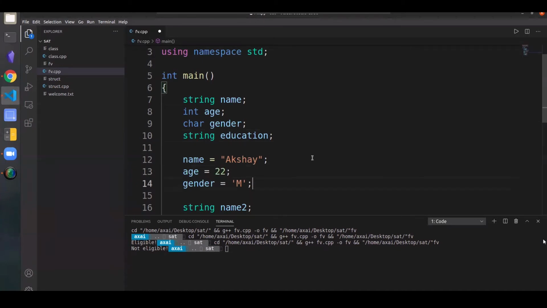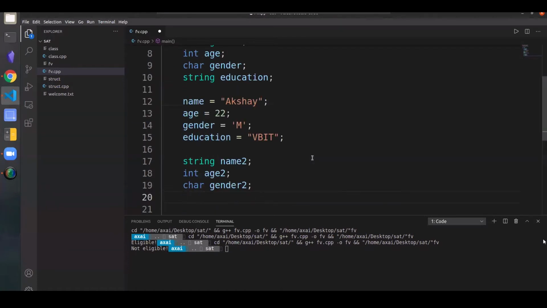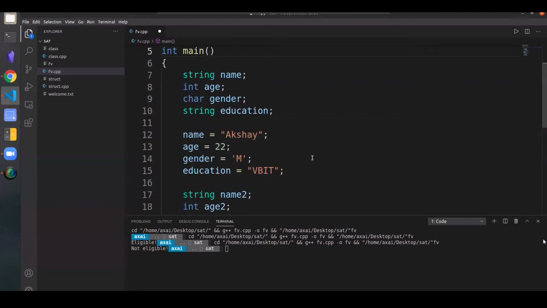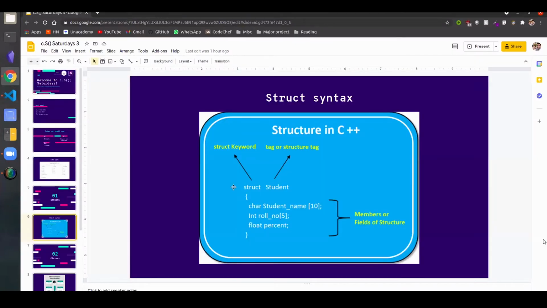Because my education in this case would be BBIT, and Sai Kiran's education may be something else. It could be CBIT, and I would have to initialize and declare multiple times. So to avoid this problem, this is what we use.